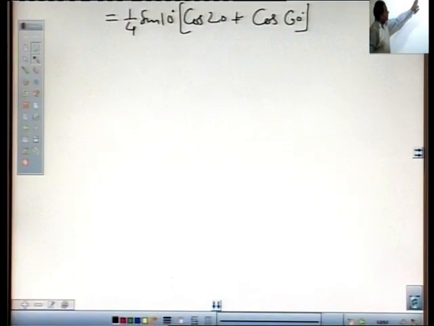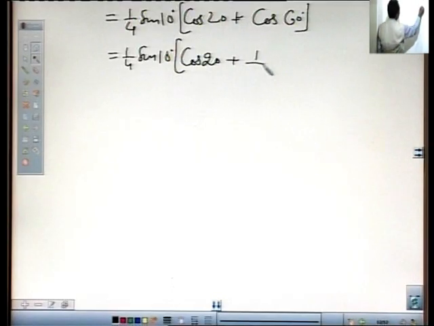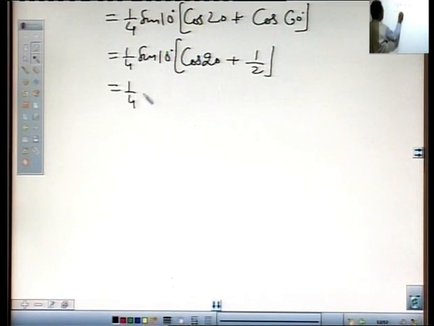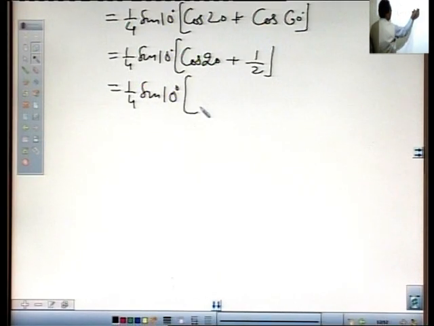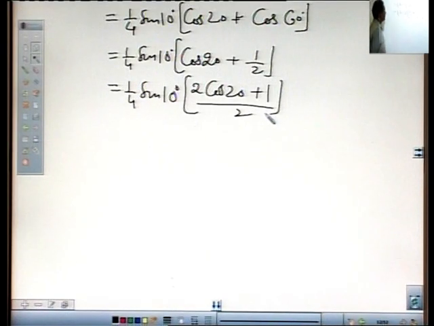Now we know that the value of cos 60 is 1 over 2, and this equals 1 over 4 sin 10 into cos 20 plus 1 over 2, and the LCM of this is 2 cos 20 plus 1 over 2